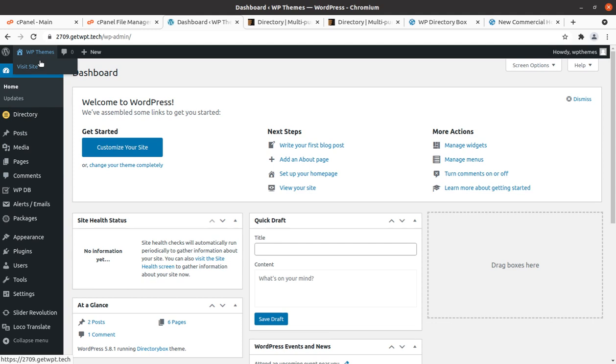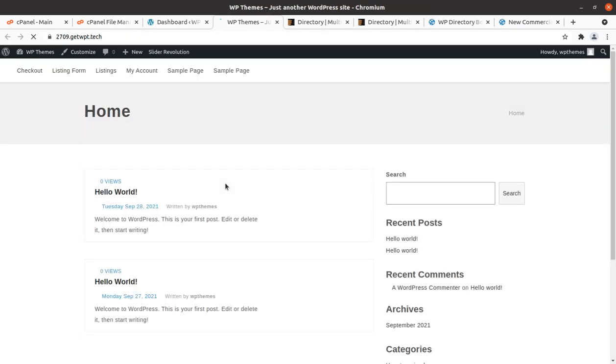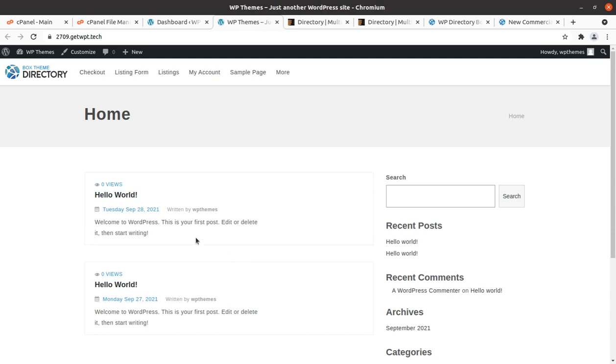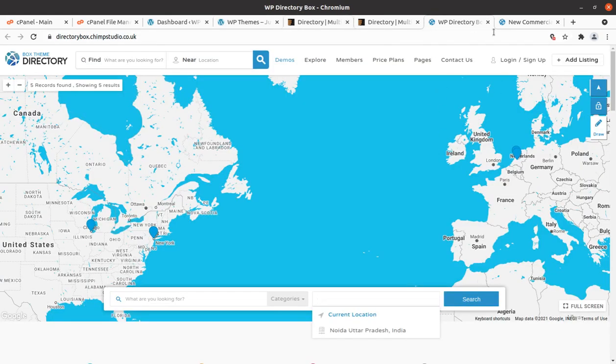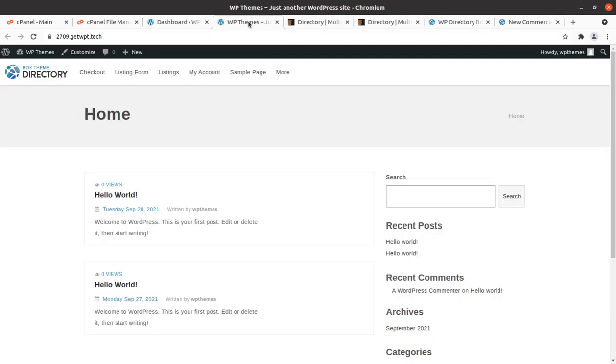Now we can take a look at our website, how it looks with the theme and all the plugins. It is of course the core look, the basic look of the website, because it is not having any demo content. And if you are willing to make your website with your own wireframe, that means you don't want to use a pre-made website, you can start building your website from scratch from here, and you shall get the complete functionality of the theme and associated plugins here.